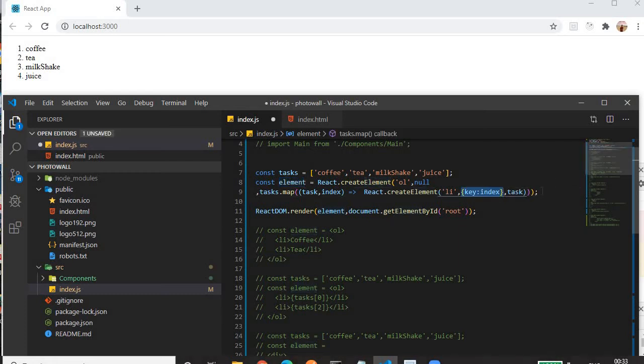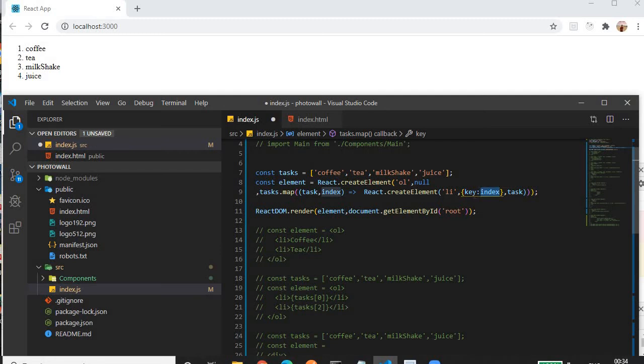This is how we can provide key within the curly braces, key colon index. It is saying if we are creating some li element using array iteration, each li element should have a unique key.